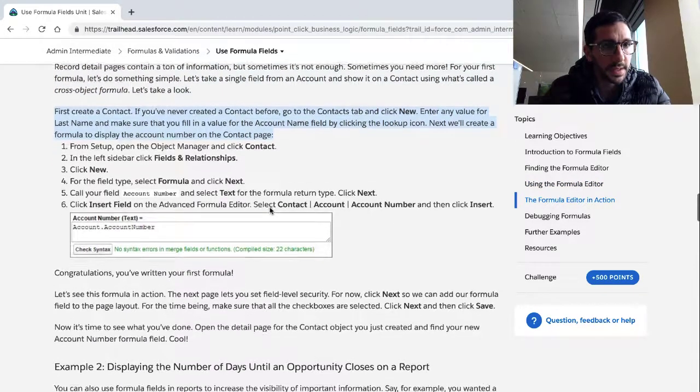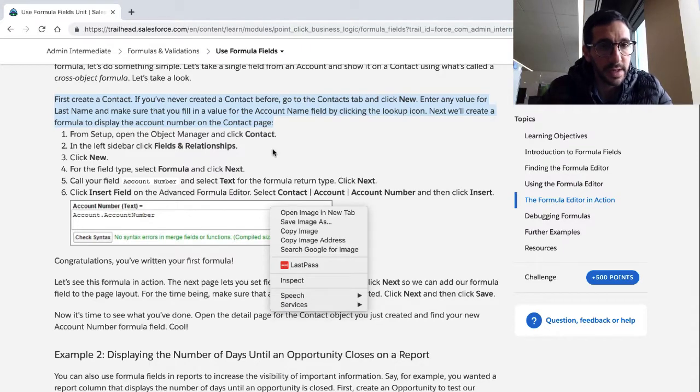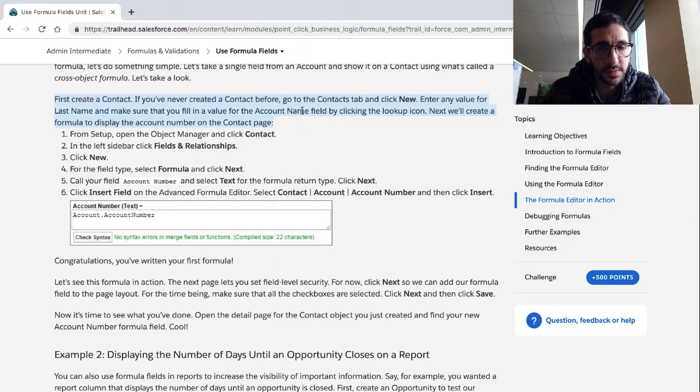First, create a contact. If you've never created a contact before, go to the contacts and click New, enter any value for a last name, and make sure that you fill in the value for the account name by clicking the lookup icon. Next, we'll create a formula to display the account number